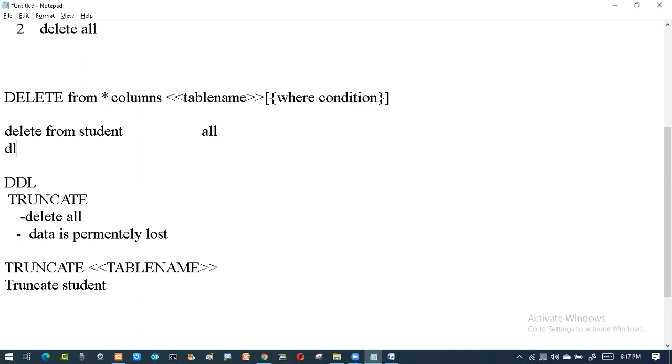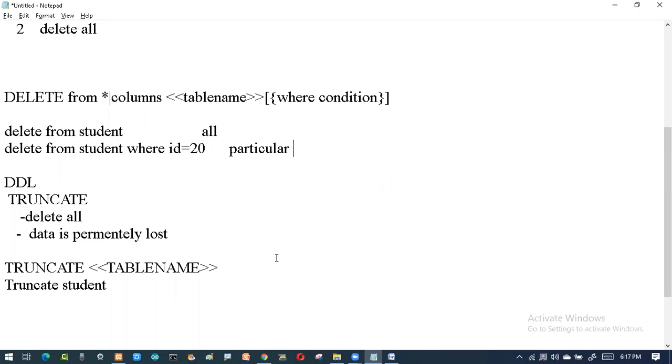When I say delete particular or matching records, it is delete from student where roll number or id is equal to 20 or something. So only a particular record is deleted. Okay, is it clear?